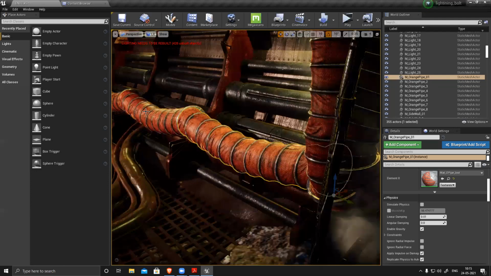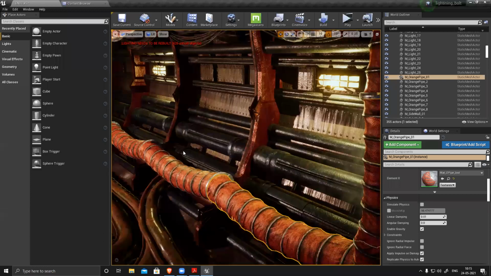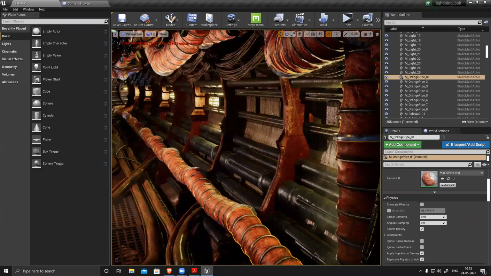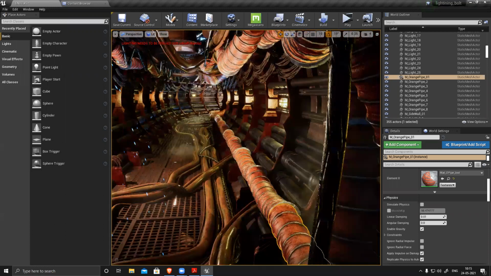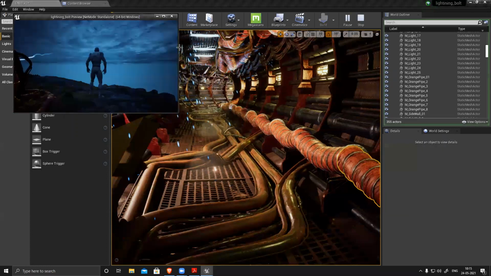Just create one section and then repeat it. It's pretty simple, and all this we can create very easily. You see, if I play, it's a playable level.